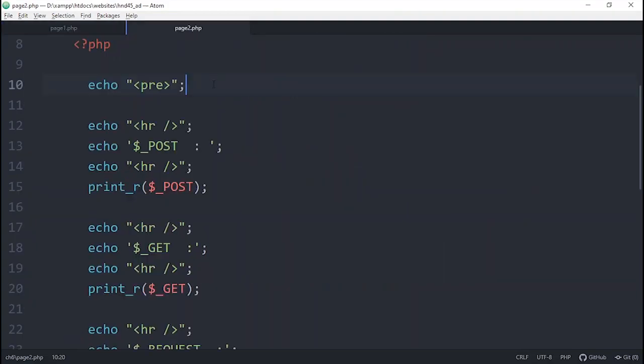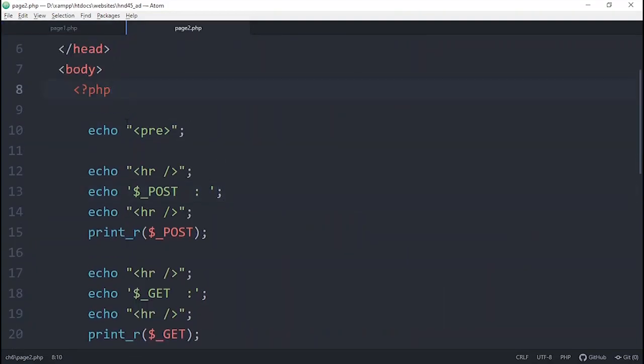If we take a look at the page 2 code here, page 2 code has no formatting, just the pre command I have added. Then you can see here the echo command, then $_POST. This is the built-in associative array in the server. Some people call this one a global variable, but in the PHP documentation they use the word associative array. We know what an associative array is. Array elements can be referred to not by subscript numbers but by names. That is the same as what's happening here.